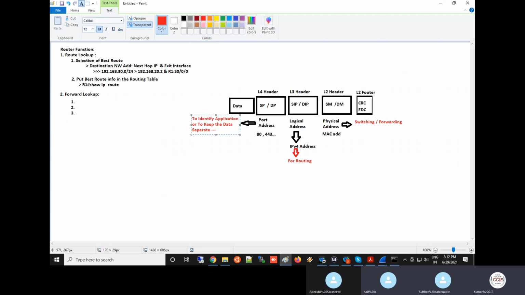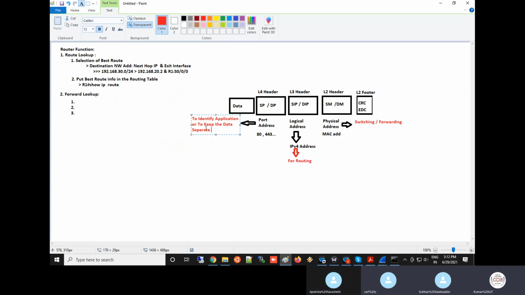Port numbers. For example, 80 means it is an HTTP server, HTTP application. 443 means HTTPS application. 20 and 21 mean FTP application. Like source port, this is the source IP and source port.